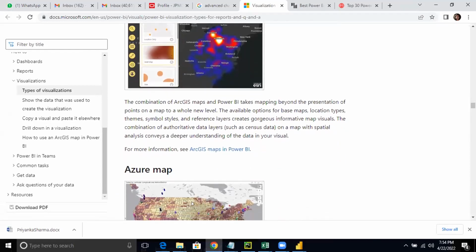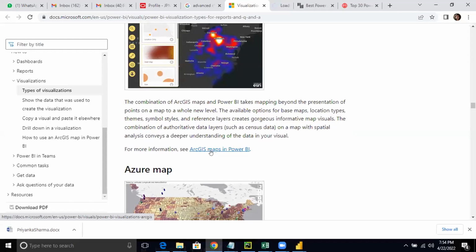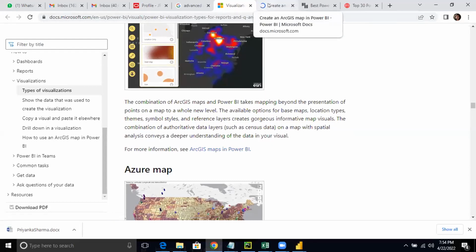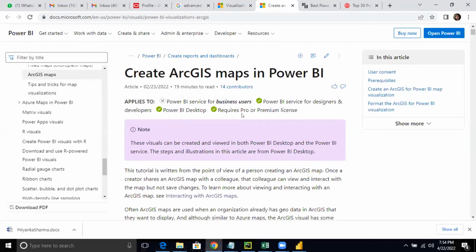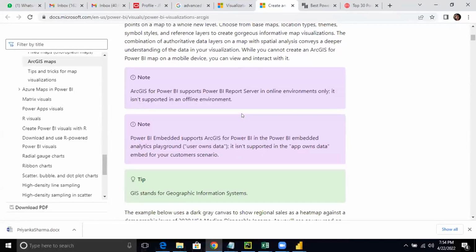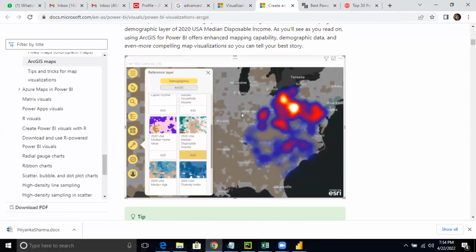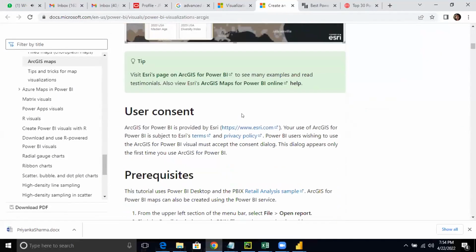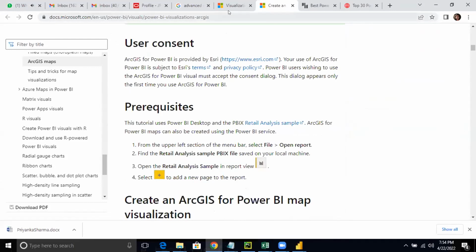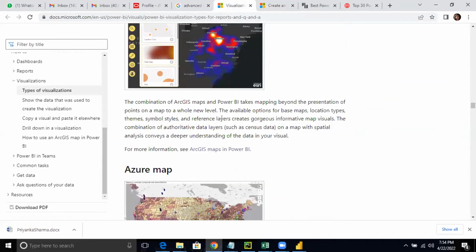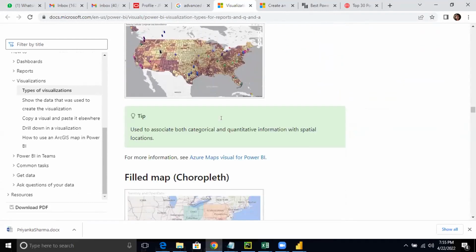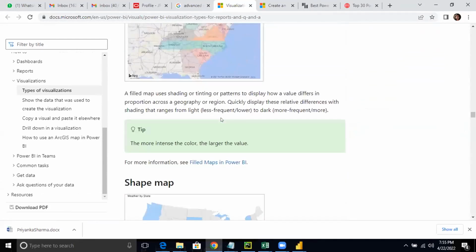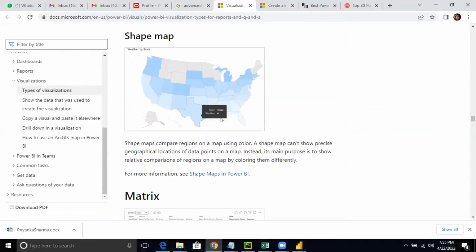The links that I've shared with you have some more links linked with them. That's the reason I directed you to the Microsoft.com website where you can go and read more about it. So if ArcGIS really influences you, read about it and see what it can show you. And if you find this so interesting and beautiful, why don't you buy the advanced version and practice them? Maps like Azure Maps, field maps, and shape maps can be created.